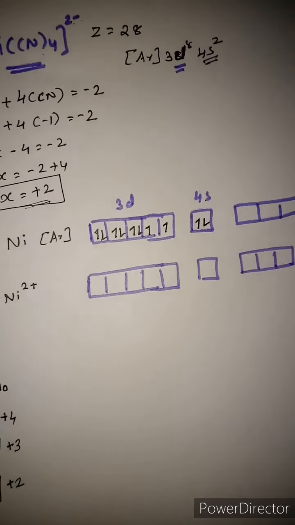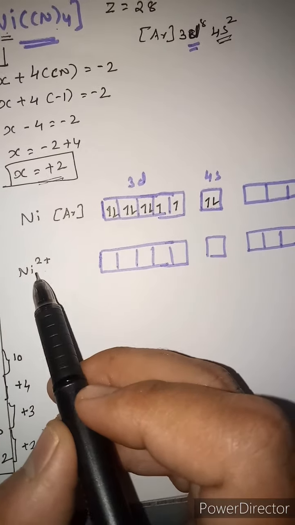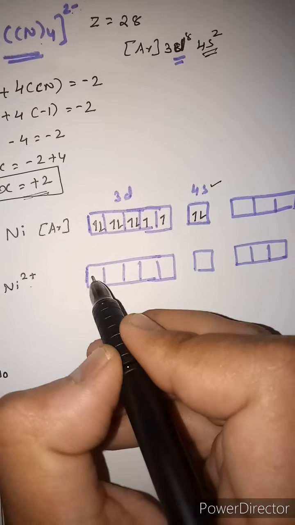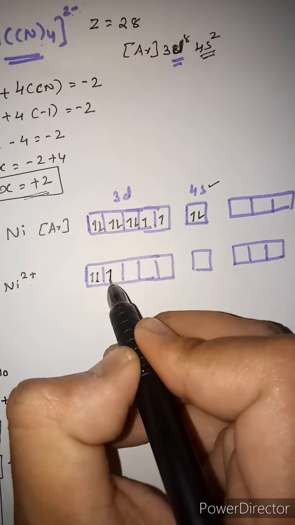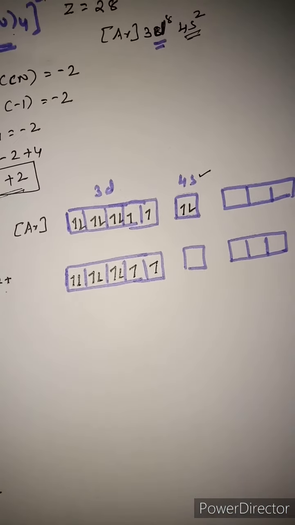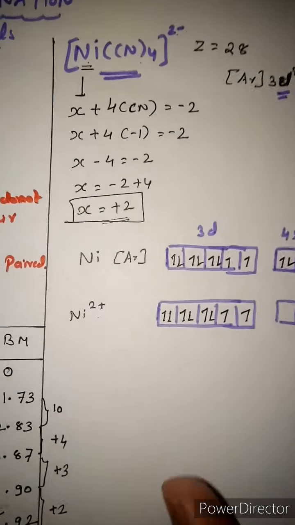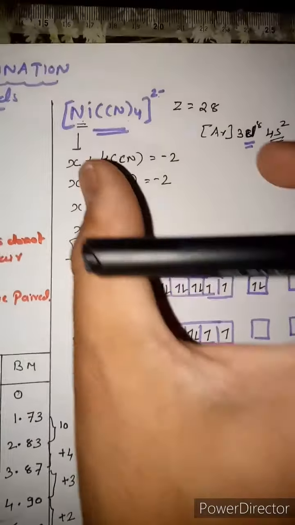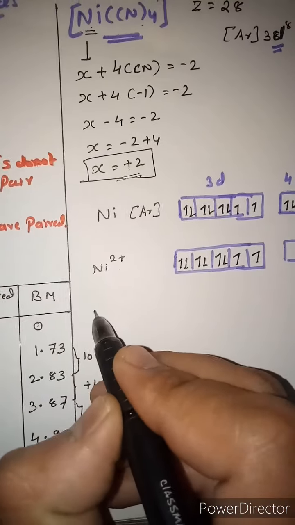Clear? So as I told you, to remove the 2 electrons from the Ni, this will become vacant, so the remaining would be as it is: 1 2 3 4 5 6 7 8. Clear? Now as we are aware of how to release the electrons, we'll take the whole compound over here,